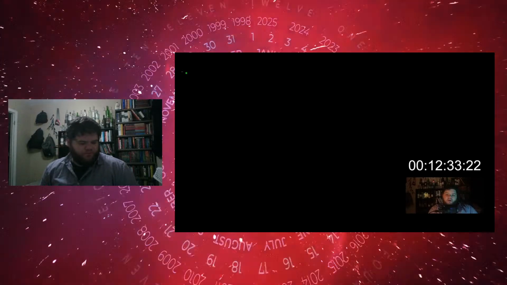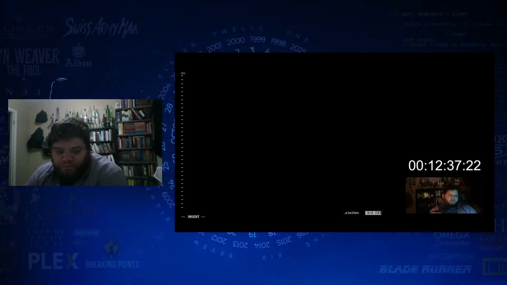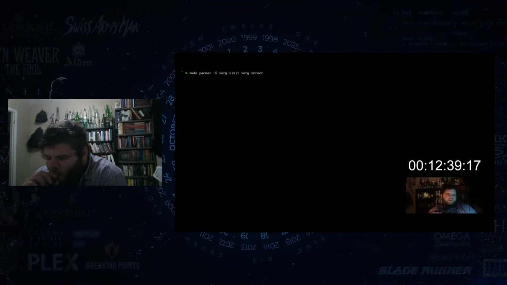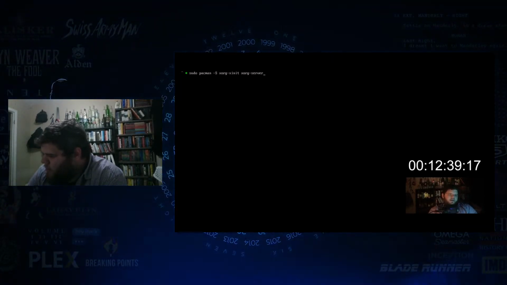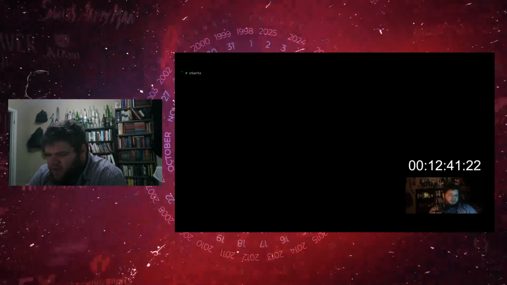Speaking of which, we are now ready to boot into what I would consider to be a usable version of Arch. So, two steps, listen closely here. Step 1, in Vim, create a new file called .xinitrc. In this file, type in exec awesome, save and quit. Step 1.5, if running startx doesn't work for you, do yourself a favor and run sudo pacman -S xorg xorg-xinit and xorg-server. Every once in a while I run into that problem. Doing this fixes it. But now we can go ahead and run startx,